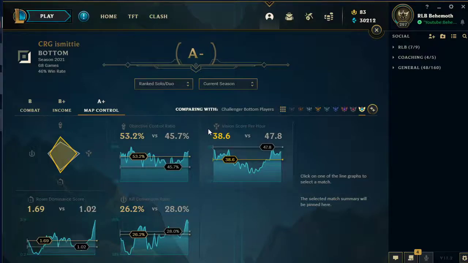Then we have vision score per hour. This is something that everybody struggles with, even if the number is decent. It's still about how you use the vision. It's something that really is a masterclass in League, and we can see that he is one of the guys that also struggles with it, potentially because he just doesn't buy enough pink wards, or because he doesn't use them. Could be anything really. But the fact of the matter is, he does not have enough vision score to really compare